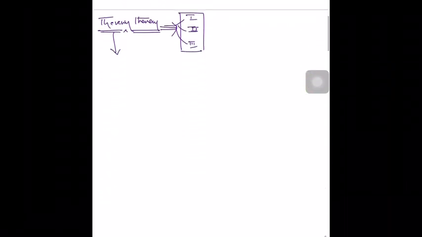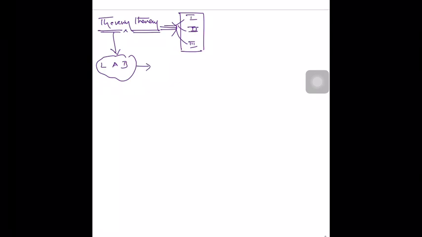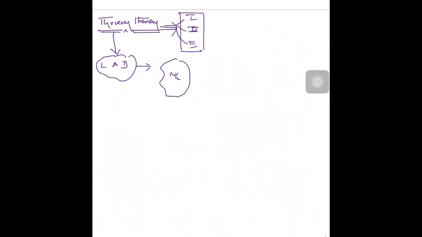It is the same as the superposition theorem. In any linear, active, bilateral network, if any open terminal is defined, say for example, this is the network, and they have defined some terminals A and B, then this network can be replaced as a voltage source in series with a resistance.